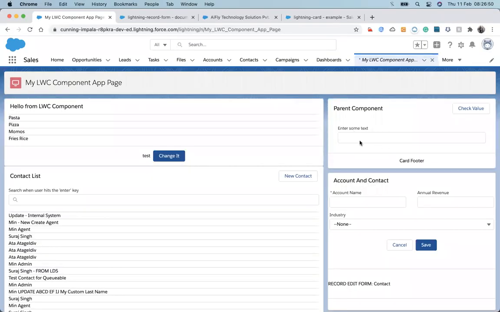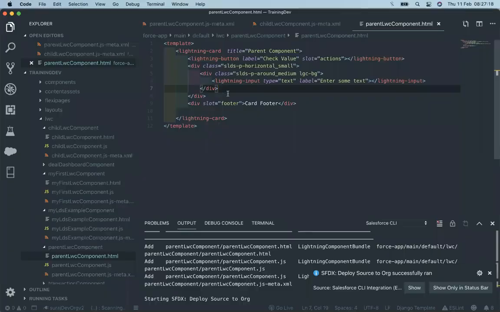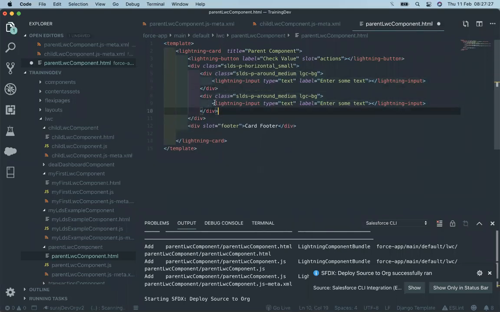Actually, that's why I want to use a card, because it has a pretty good look whenever you are trying to build. That's why I'm using this card, because I want to add the button. If I don't use the card, then it will take more effort to design some UI. So instead of putting in effort, just use the already built components. Let's see the output. SLDS.